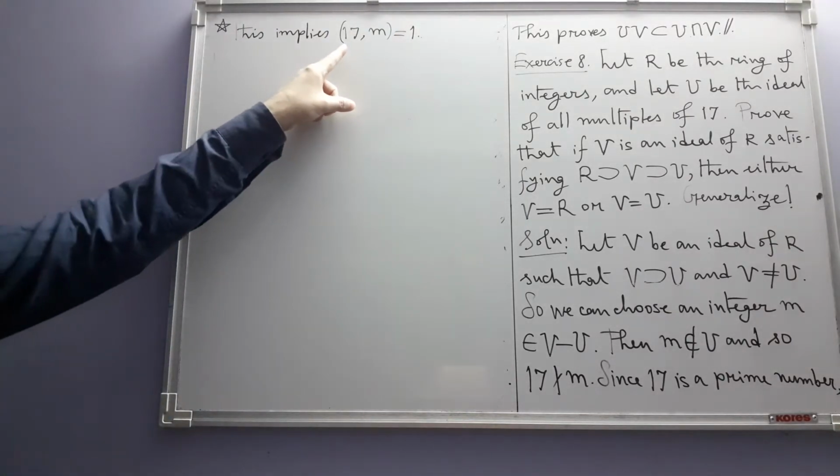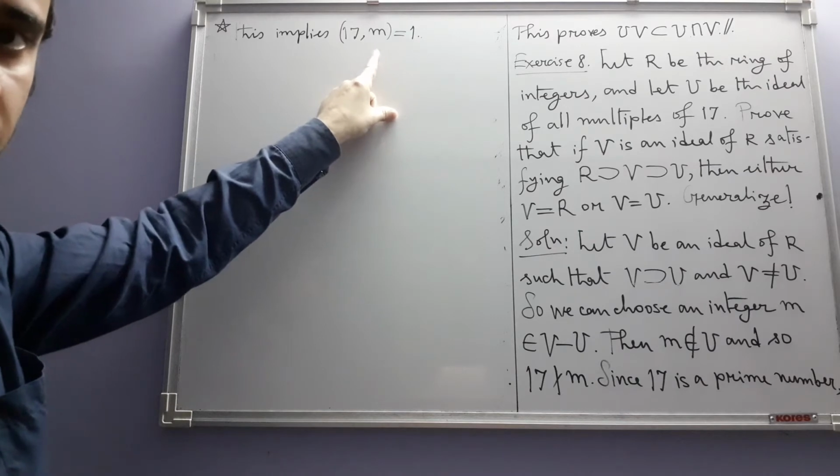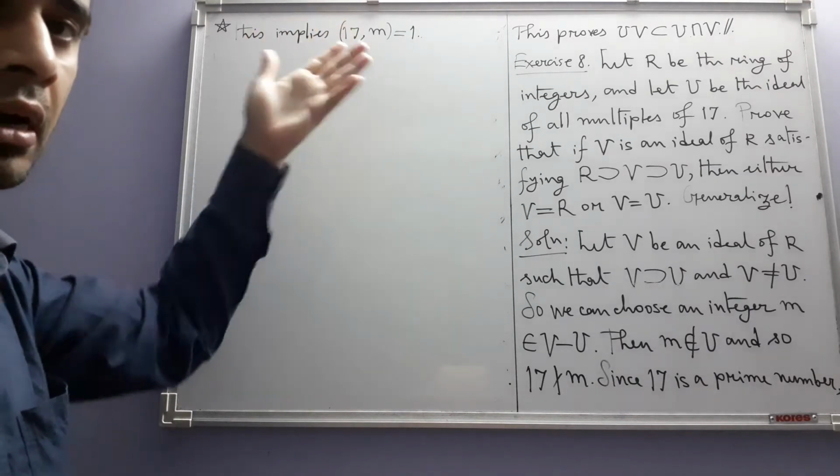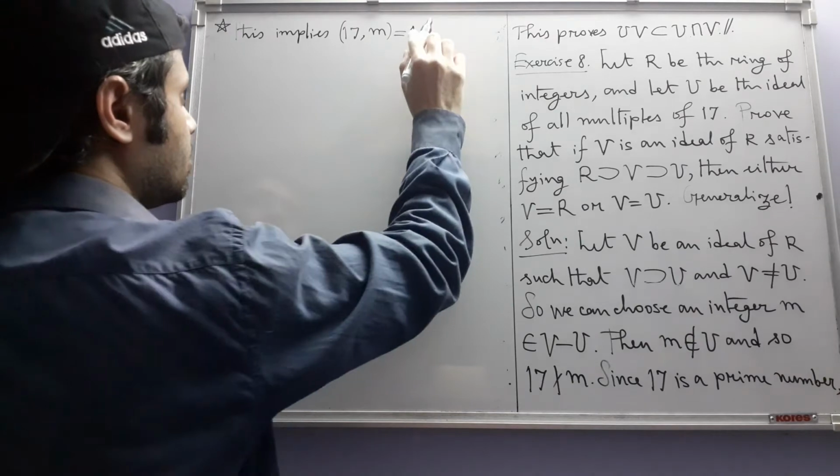Recall that this is the notation for greatest common divisor of two integers in Herstein, in this book. Hence,